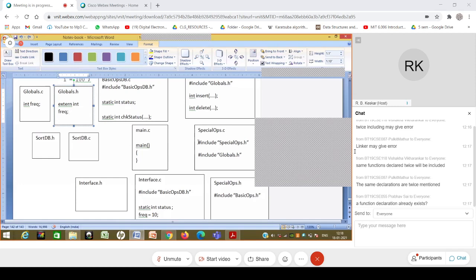So you can imagine that the contents of globals.h are copy pasted as part of specialops.h because it internally contains globals.h somewhere, and you explicitly included globals.h also. Now it might not be because of explicit inclusion; it might be that I just included interface.h and both of them independently include globals.h. That can also happen. So whatever the situation, there are multiple inclusions of the same file, and that's why the contents of the same file are repeated.